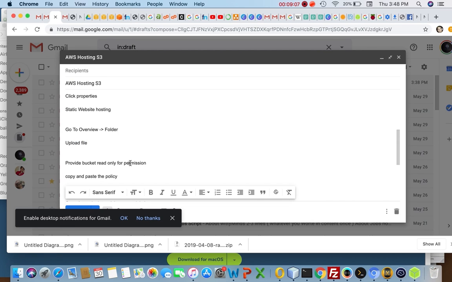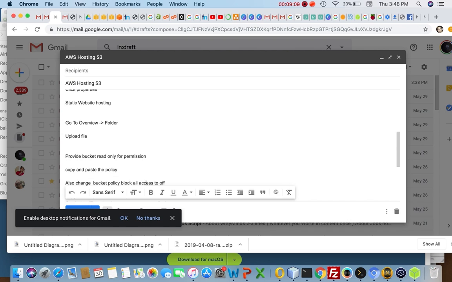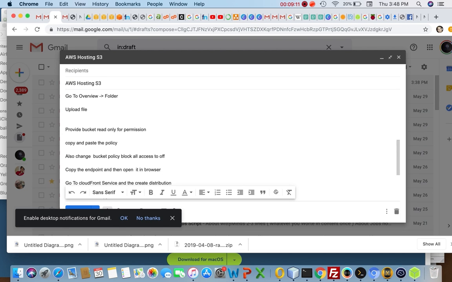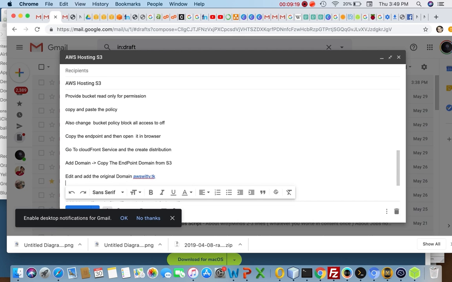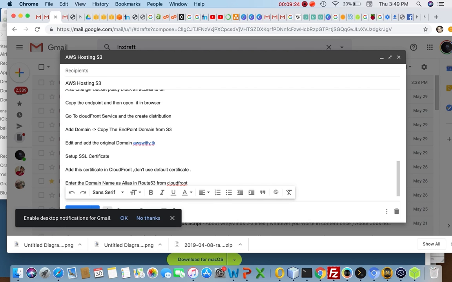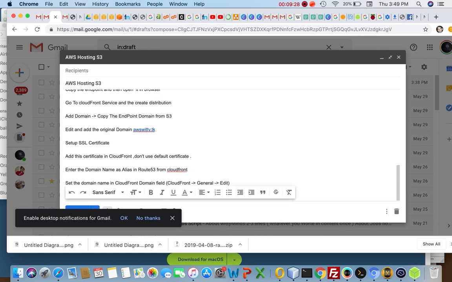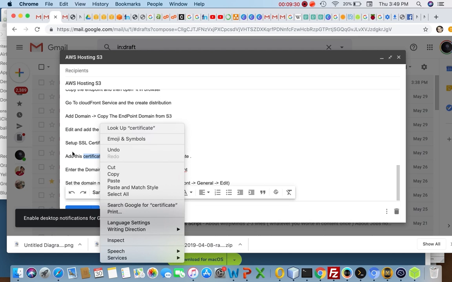Go to overview, static, then upload the file. Provide bucket read only permission. Copy and paste the policy; the policy link will be there. Then paste the policy there. Also change the bucket policy, block all access to. This is the sequence. The first one was Route53. Then upload the file in the S3 bucket, and then